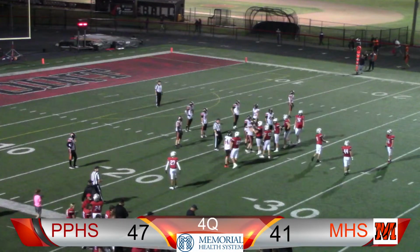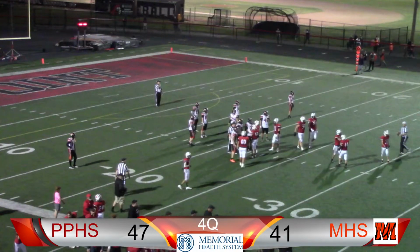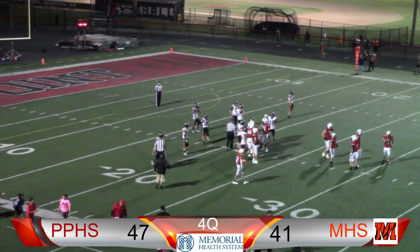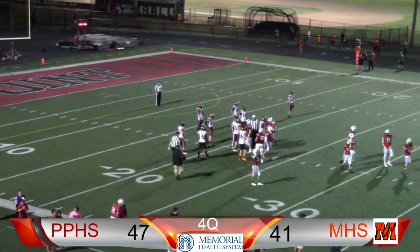There's the knee down. And with 35 seconds, that will do it. The time will run off. Our final score tonight, Point Pleasant 47, Marietta 41. We'll be